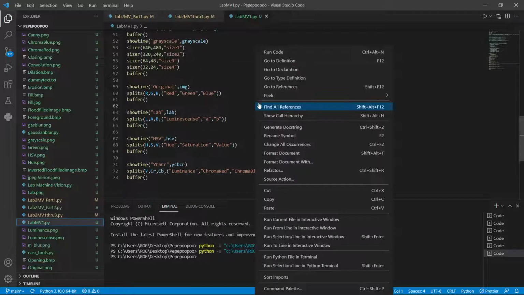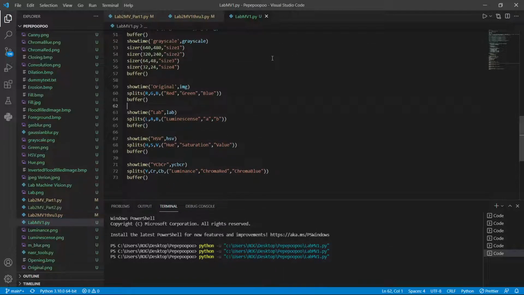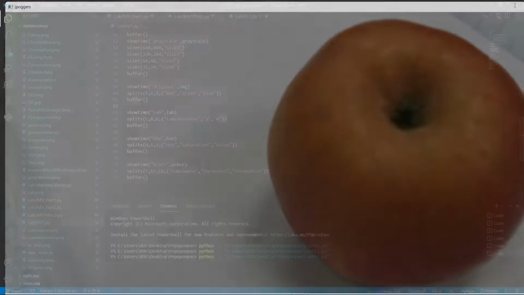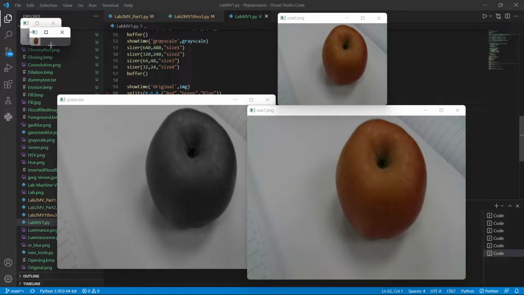Alright, I'll run it first and tell you what each part is for. First is the original image. This is how it looks. We cancel that. We can see that this is just to resize. It means we can resize the original image to whatever we want, preferably smaller. I can't really move them because they're too small to move, and then the grayscaled